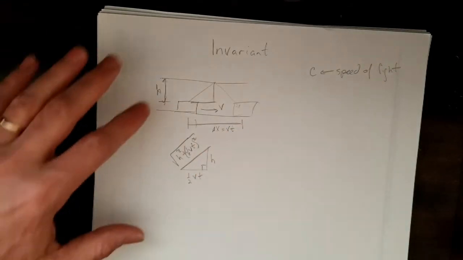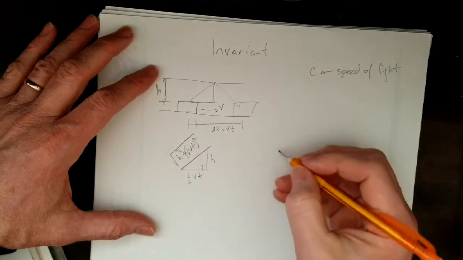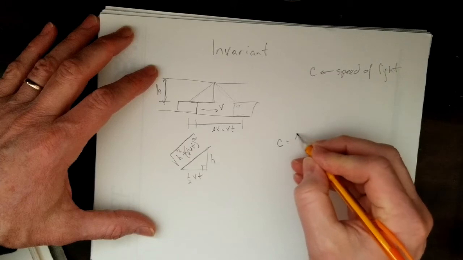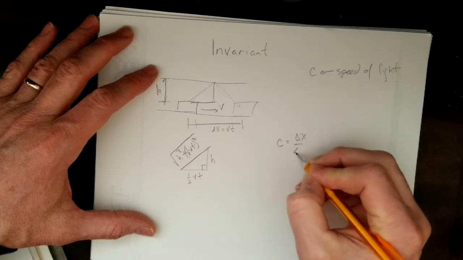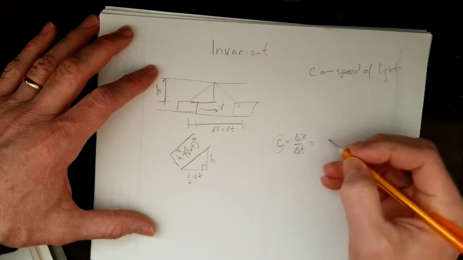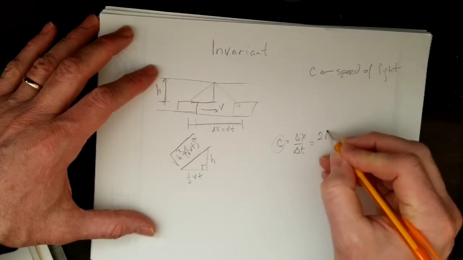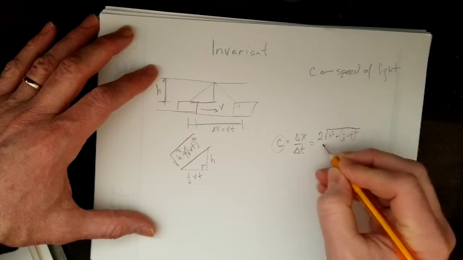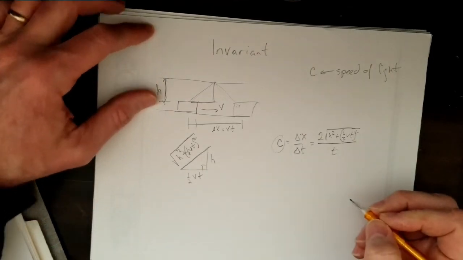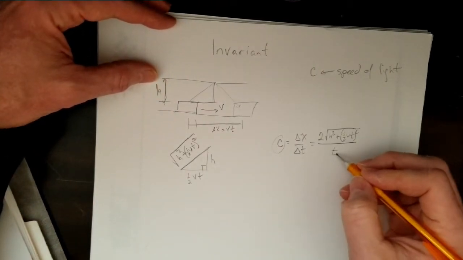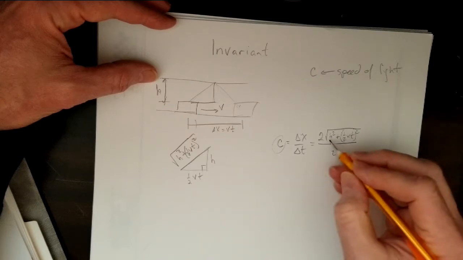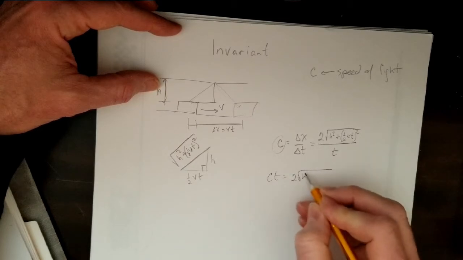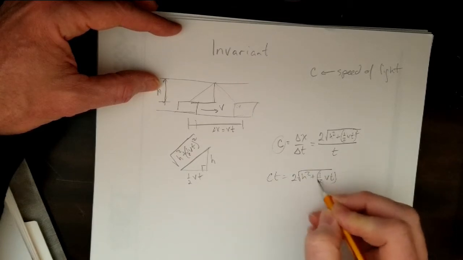Well, recognize that the total distance traveled here is, well, sorry, let's do it. Speed is distance over time. We're saying the speed of light is constant, and the distance traveled would be 2 times the square root of h squared plus (1/2 vt) squared, over the amount of time it took. So that is time in that particular reference frame, and that's the speed in that particular reference frame. So therefore, we have ct is equal to 2 times the square root of h squared plus (1/2 vt) squared,